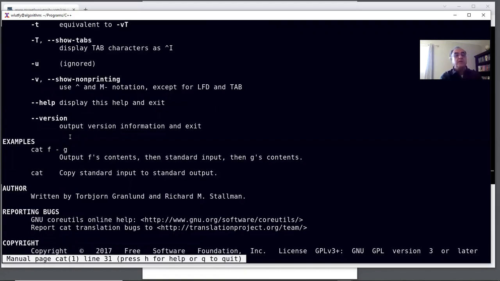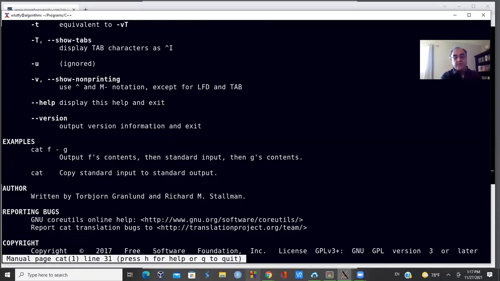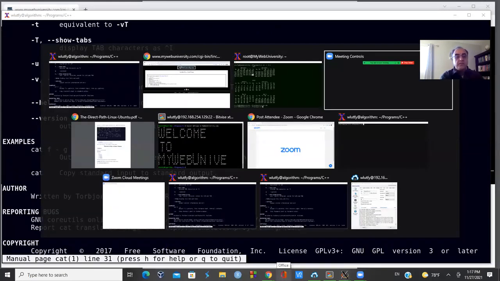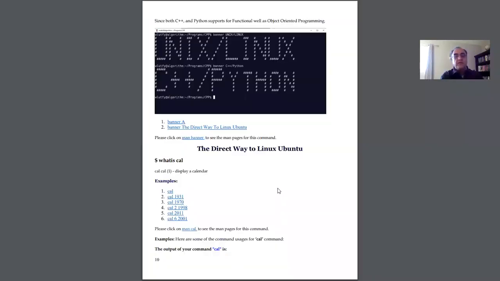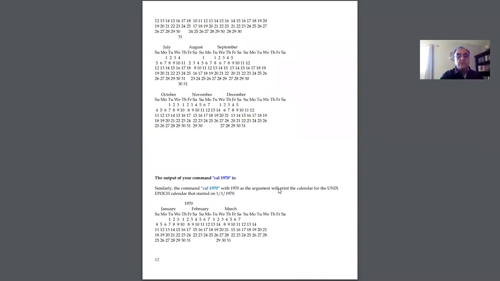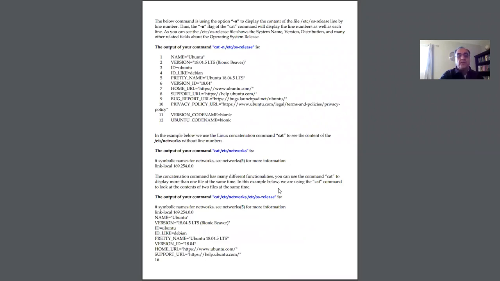And the same thing with the number of lines, if you want to just get rid of the 2 lines or 3 lines. And on the actual book here, on the PDF files that you could get access to, and then right here, basically this Word document for cat, I'm showing a lot more